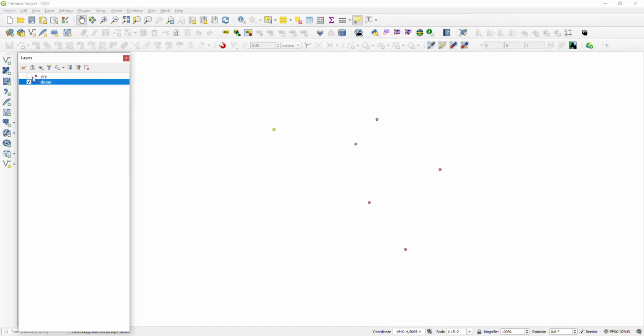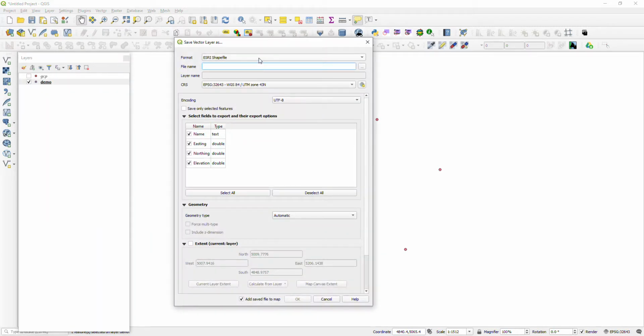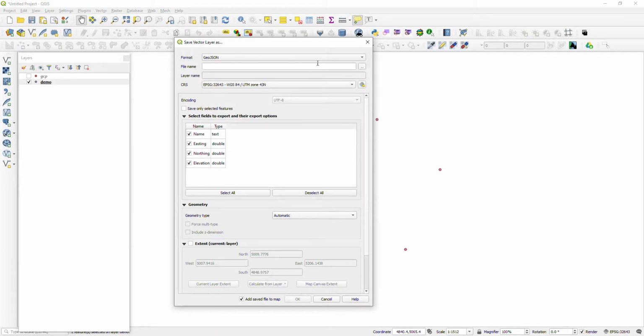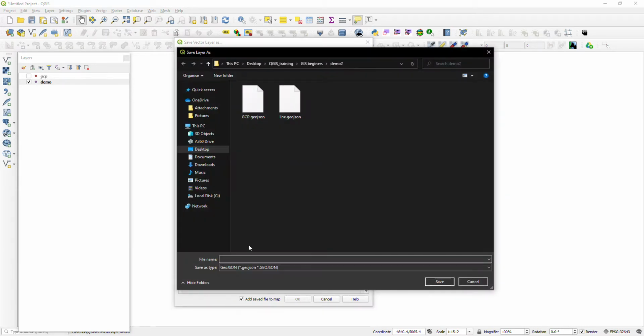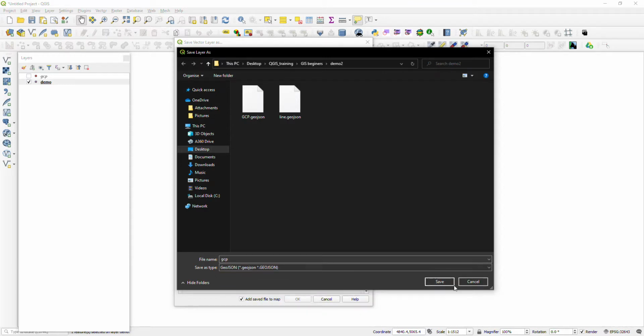The same process you can follow to save as GeoJSON also. Instead of shapefile, you can choose the GeoJSON format and give the file name GCP. Since gcp.geojson already exists, I am keeping GCP1.